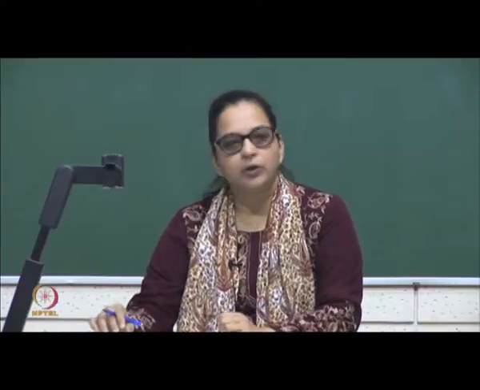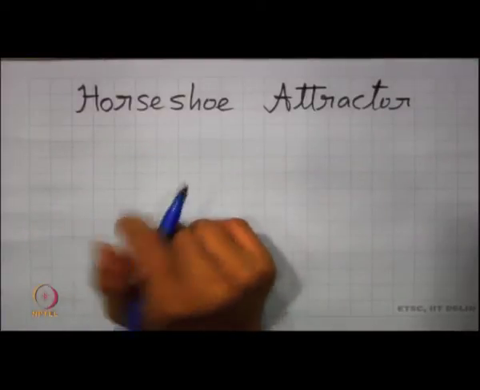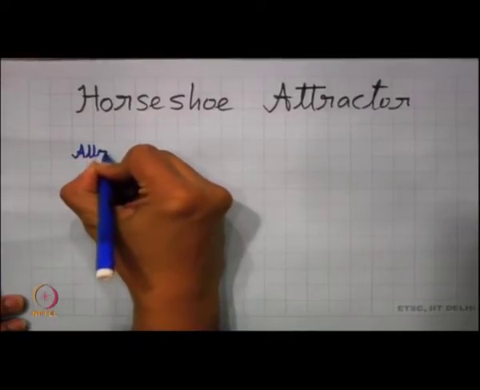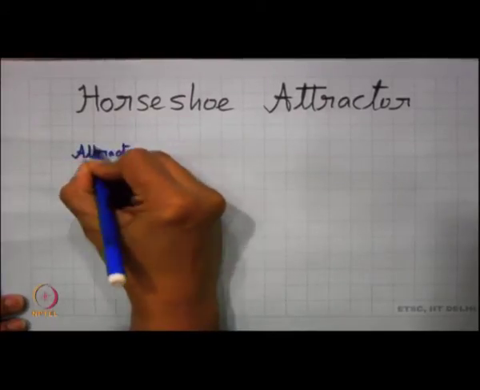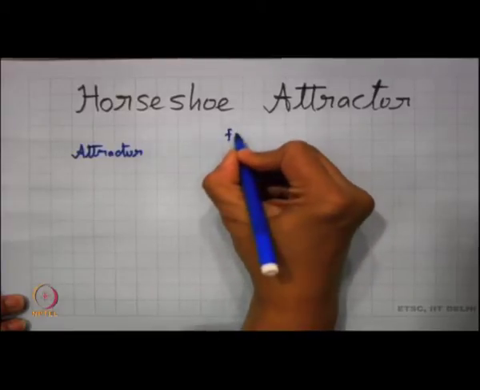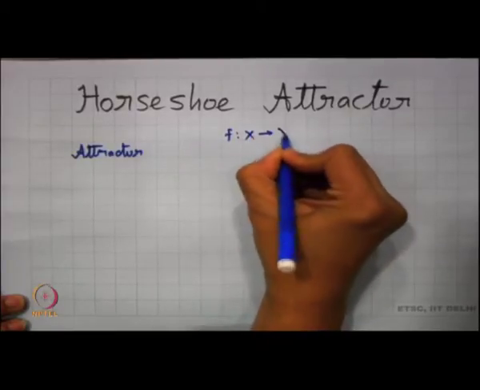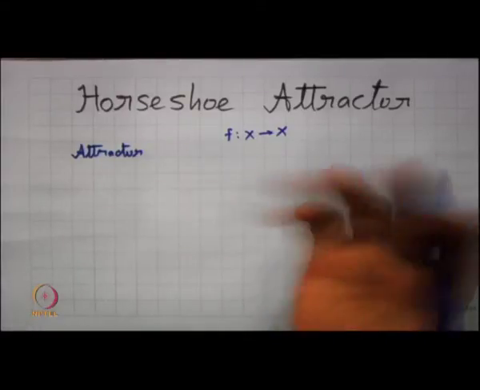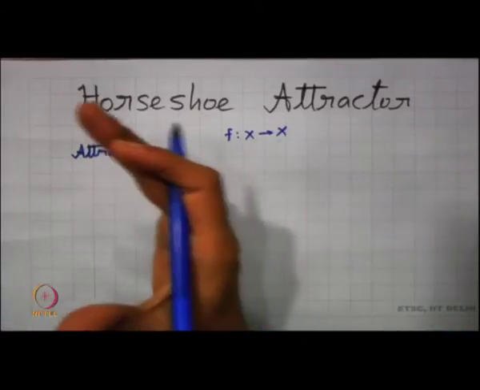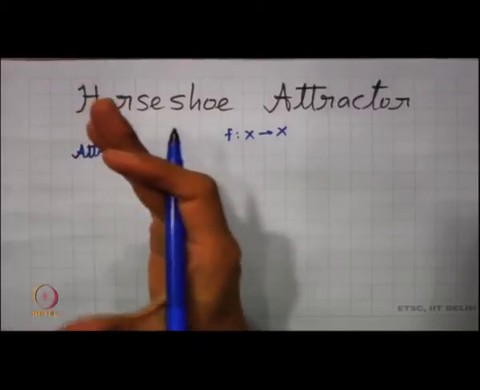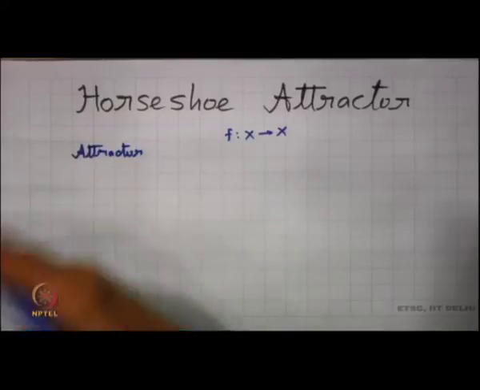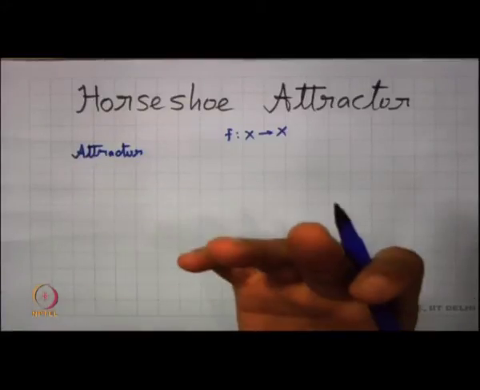Start a talk, we will be talking about the horseshoe attractor. Now, what do we mean by an attractor? So, we know that we can have a dynamics, f acting from x to x, and then usually there will be some orbits of x which converge to some particular set. I am not talking of points, but they will be converging to some particular set, and there will be some orbits which will sort of disappear.